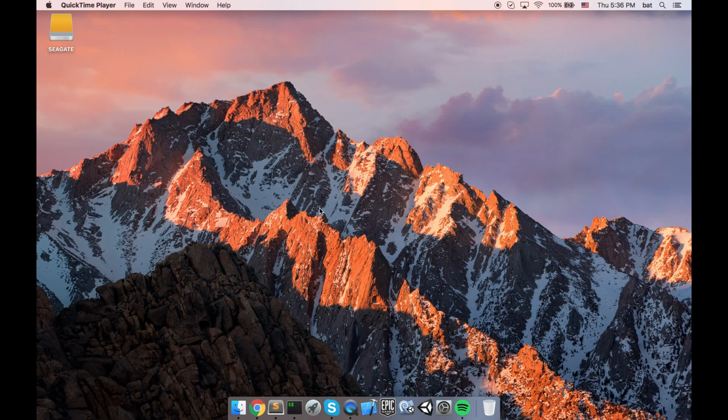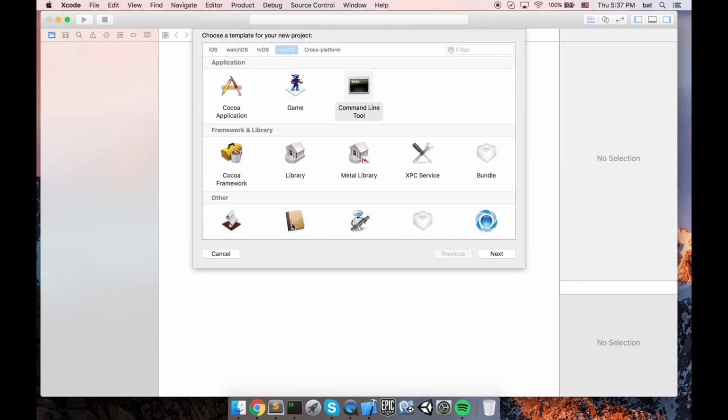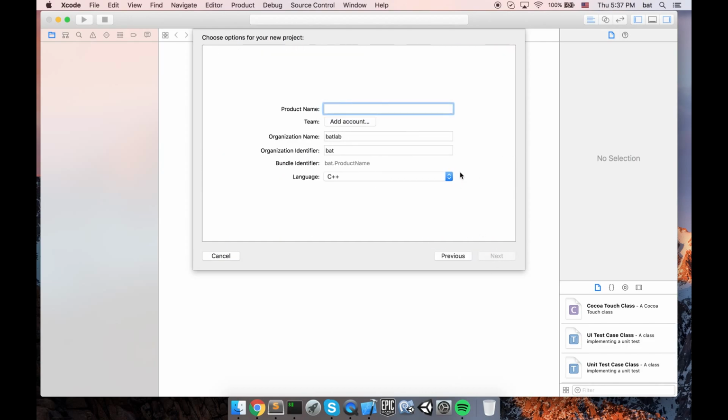Hello everybody and welcome. Our topic is computer graphics with the OpenGL library. So let's start it. I will use Xcode and the Mac OS X environment. First of all, I'm gonna create a new project and I will use Mac OS here and command line tools as my project. I will set up the project name as